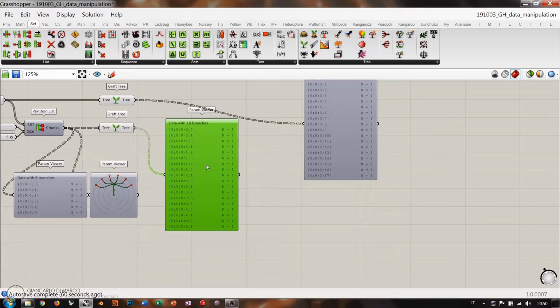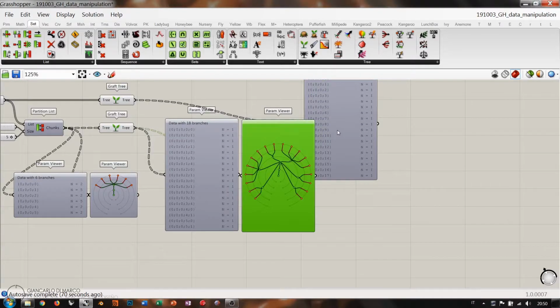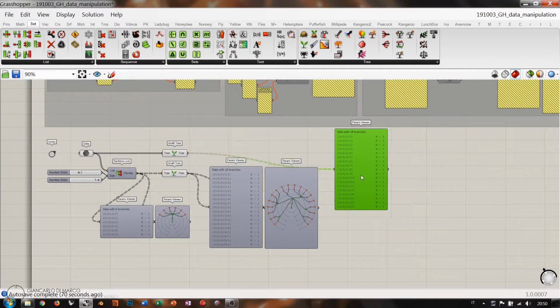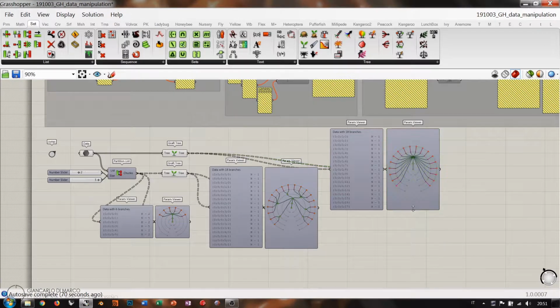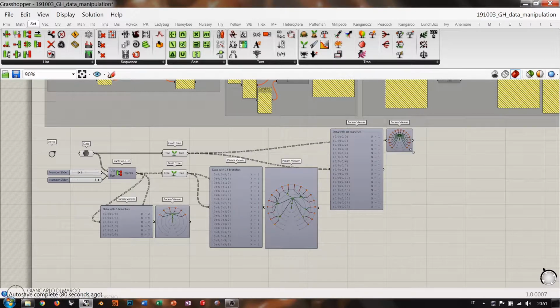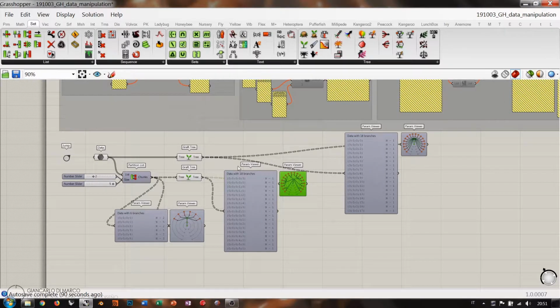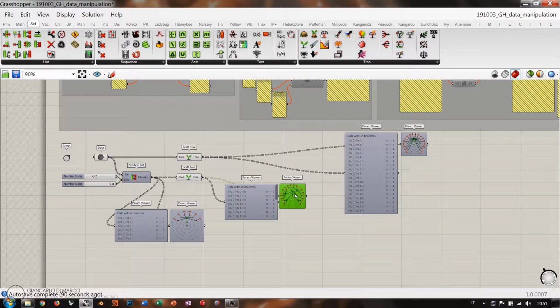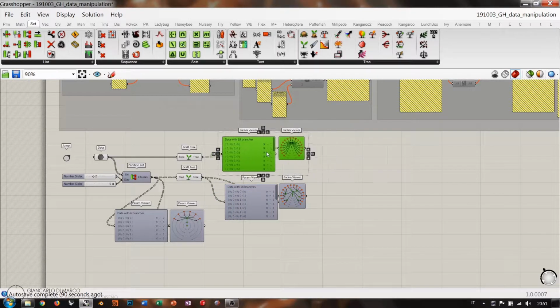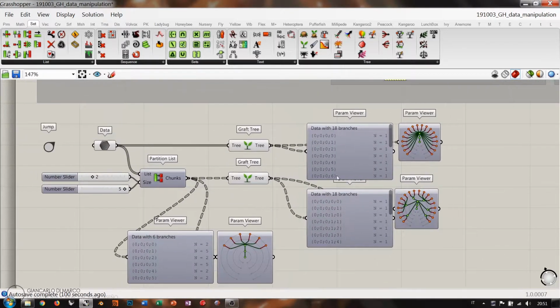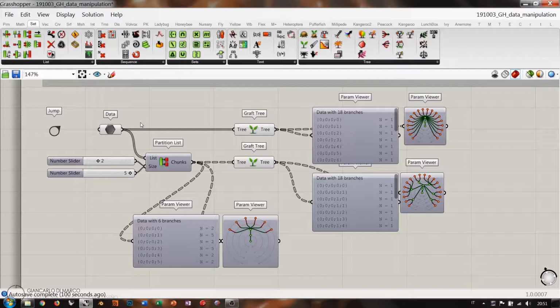And I will do the same with this. So I will copy it here and switch to the graphic aspect, and then I will take this one and copy it here and switch to the graphic representation, like we already made with the first one. Okay, so we have this, and then we have also this. So we will have an idea. I will also shrink these param viewers a little, so we will have the possibility to organize the definition in a clearer way. Okay, so here's the example of grafting, grafted tree components. Okay,